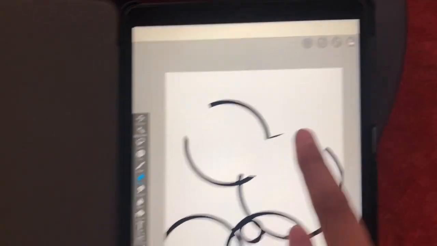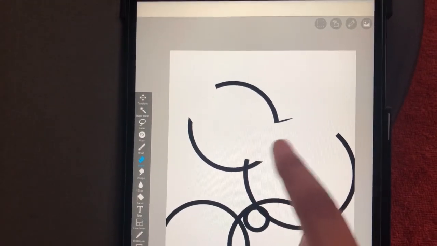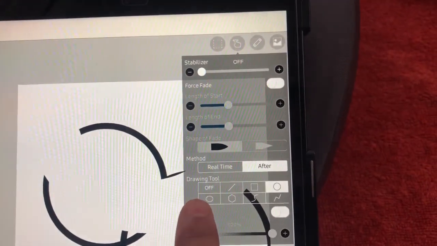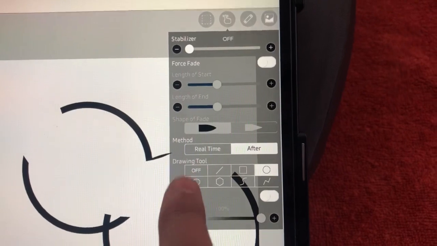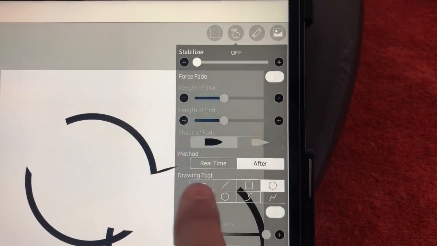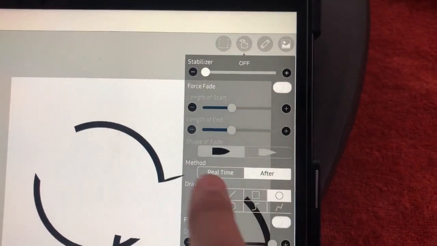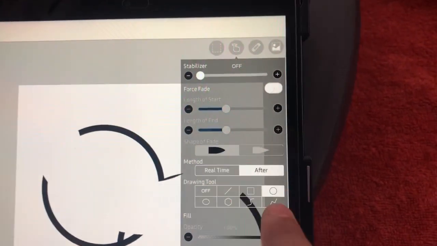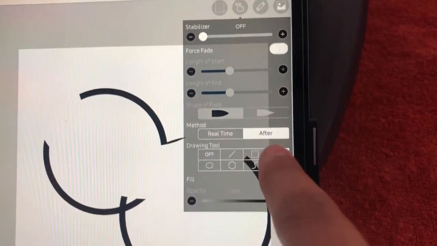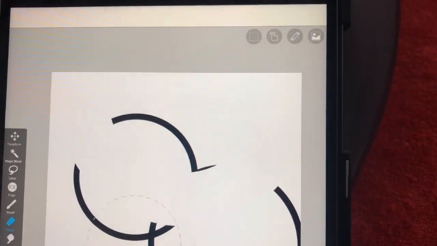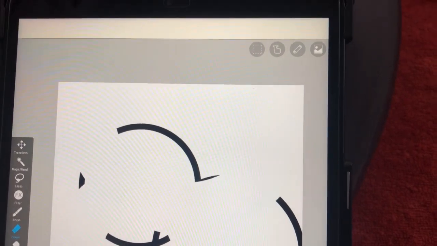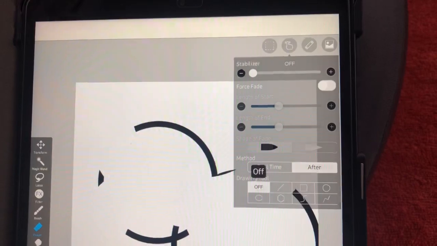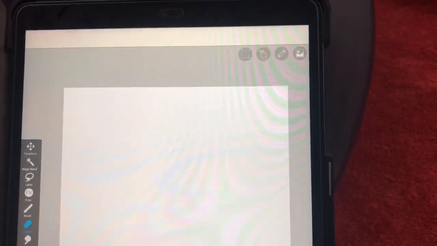Okay, so one thing you should remember, when you clear the canvas or when you use an eraser or a brush, don't forget to choose the off option. The off option disables any shapes that are enabled in the palette. So if you want to erase on the canvas and if a circle option is enabled here, whatever you erase will be in a circular form. It will not erase as a freehand. So let's choose off and yeah, let's clear the canvas.